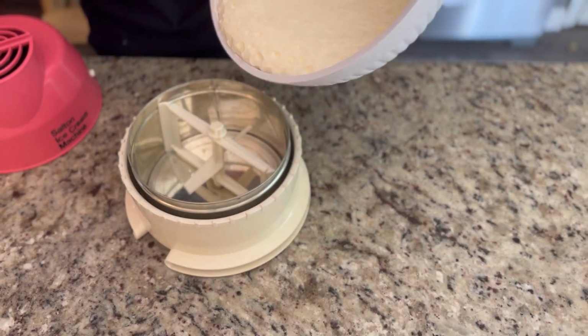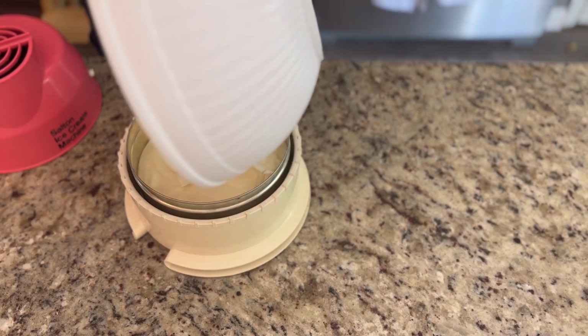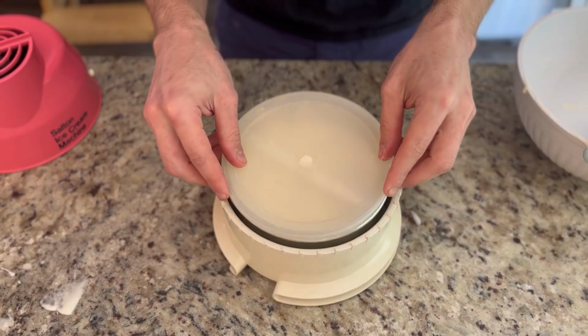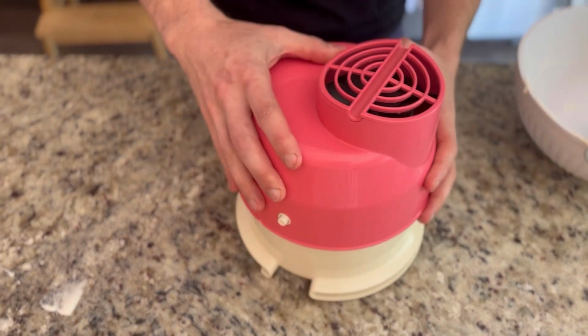So as I said at the start, I'm using a vintage Salton Ice Cream Machine for this recipe. This thing's probably between 40, 45 years old. It was my grandparents', but it still works like a champ. It's kind of fun to use. It's old equipment, but you can always use a modern ice cream maker, or even probably use the hand churn method where you whip it a little bit more and then turn it every 30 minutes or so